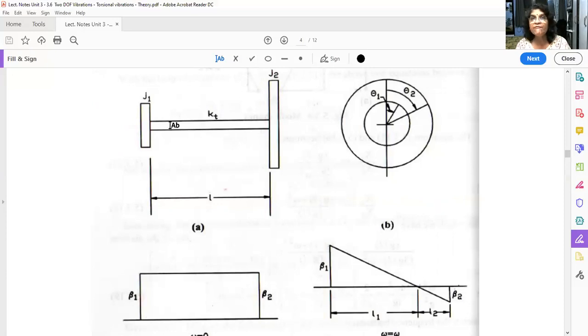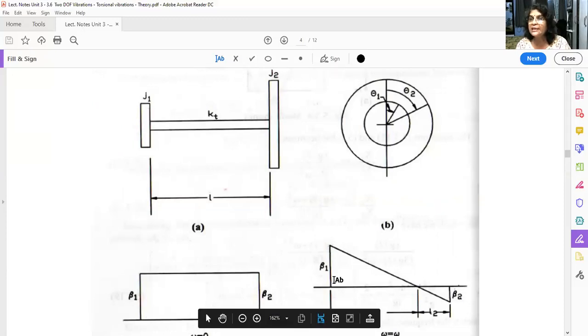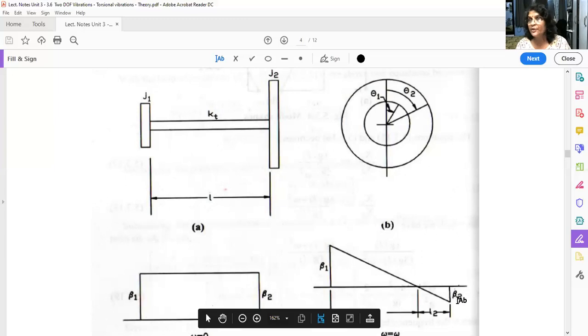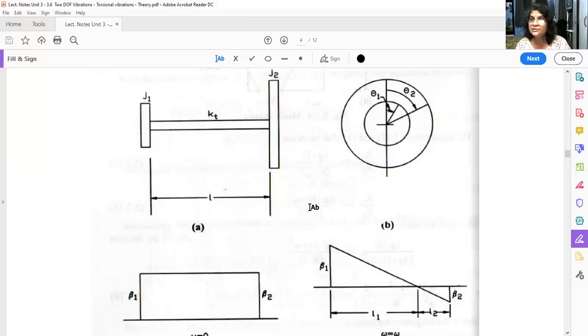It means if the mass moment of inertia of the rotor is smaller, the amplitude is higher. If the mass moment of inertia of the rotor is higher, the amplitude is lower. We got this from the derivation that beta 1 upon beta 2 is equal to minus I2 upon